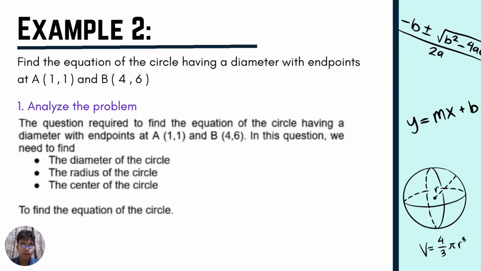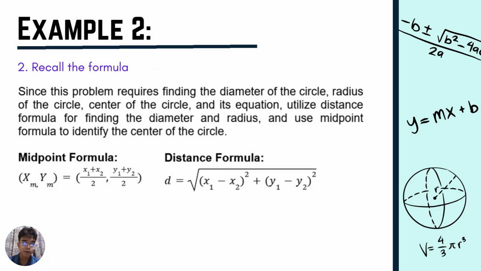Now the question requires us to find the equation of the circle having a diameter with endpoints at A and B. In this question, we need to find the diameter of the circle, the radius of the circle, and the center of the circle to find the equation of the circle. Since the problem requires finding the diameter, radius, center, and equation, utilize the distance formula for finding the diameter and radius, and use the midpoint formula to identify the center of the